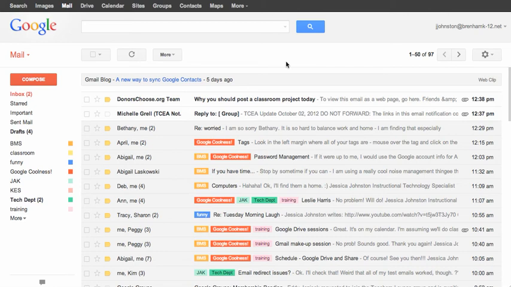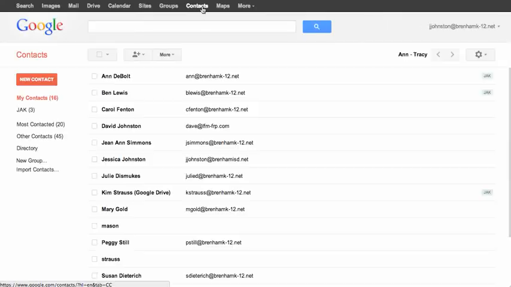Let's move on and talk about contacts. There are two different ways that you can get to your Google contacts. The first way is to click here next to Mail and choose Contacts. You can also use the black navigation bar at the top. I'll know that I'm in Contacts because Contacts is now highlighted in the black bar, and it now says Contacts